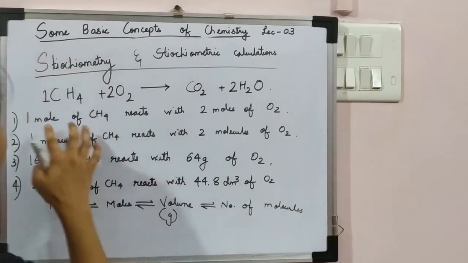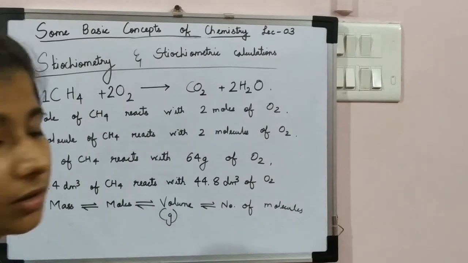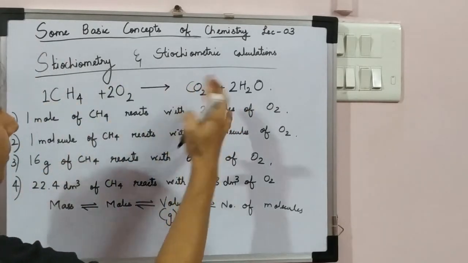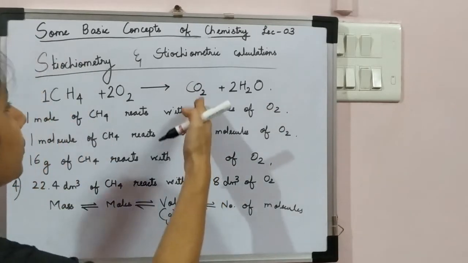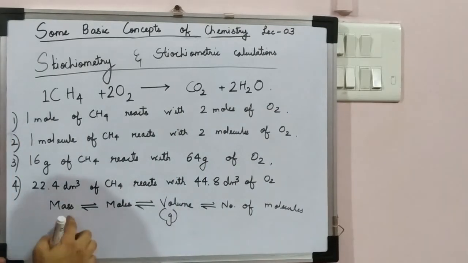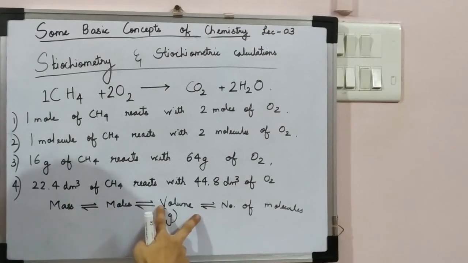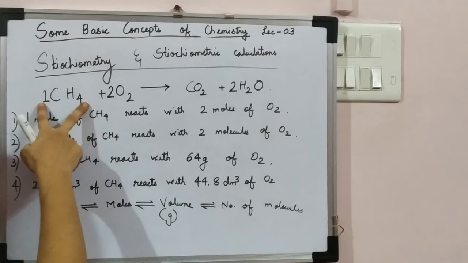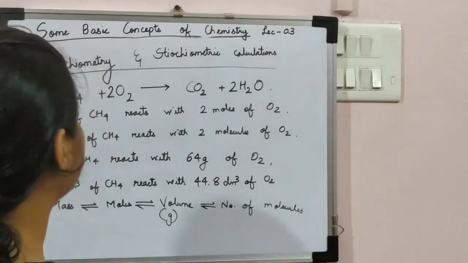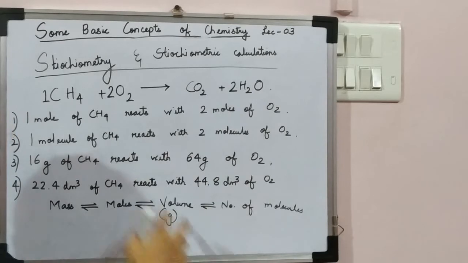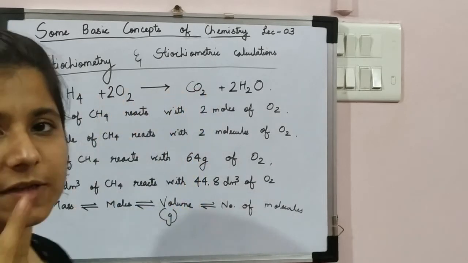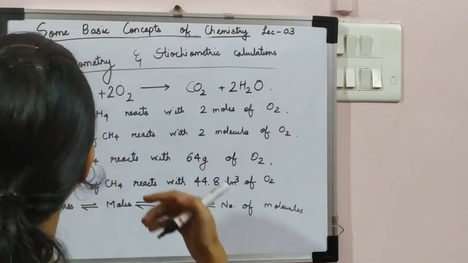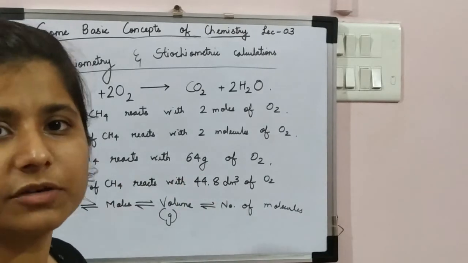Now, as I was telling, between these two reactants, I can do the same things with, let's say, one reactant and one product. Okay, so if I have been given the mass of some reactant and I have been asked to calculate the volume of some product, what I'll do, I'll use a relationship of what? Mass versus volume relationship. Let's say I have been given that 16 grams of methane is used in the combustion reaction, how much volume of carbon dioxide is produced? So 16 grams versus volume. So 16 grams will produce 22.4 decimeter cube of carbon dioxide. So in such a manner, there can be other ways also of relating.